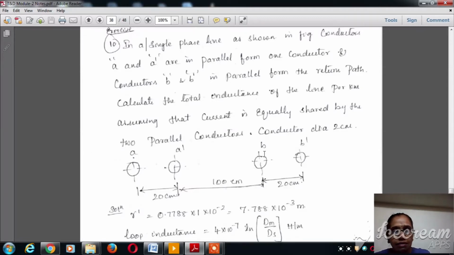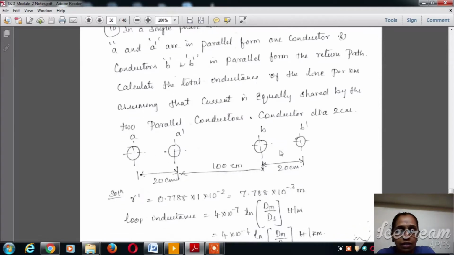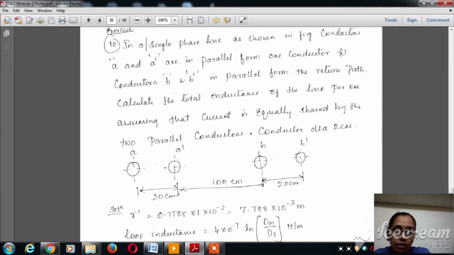Now let's consider another example in continuation with the previous lecture videos. I would like to take up some of the numericals, which are going to be very important in terms of analyzing how the inductance has the effect and what we need to consider to calculate the inductance between the two conductors, and when the transposition is done, whether it is unsymmetrically placed or symmetrically placed. Let's take another example here.